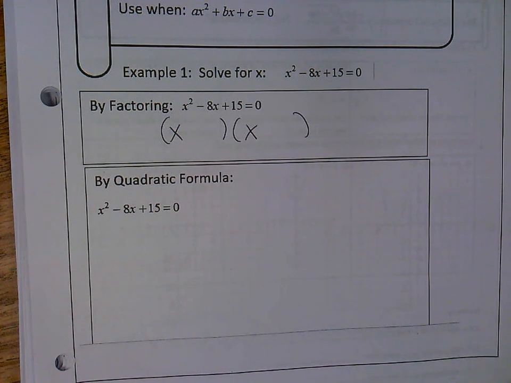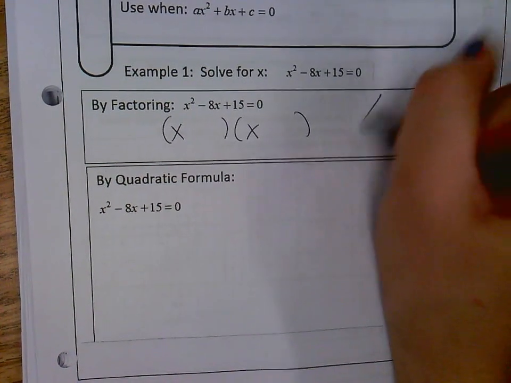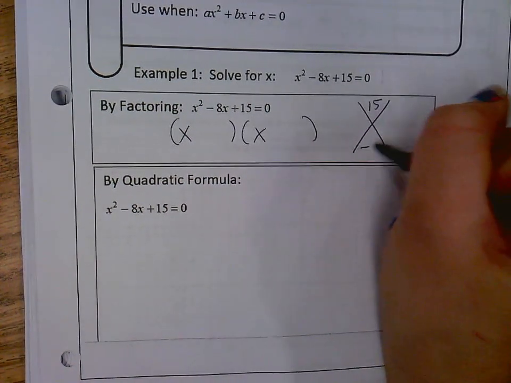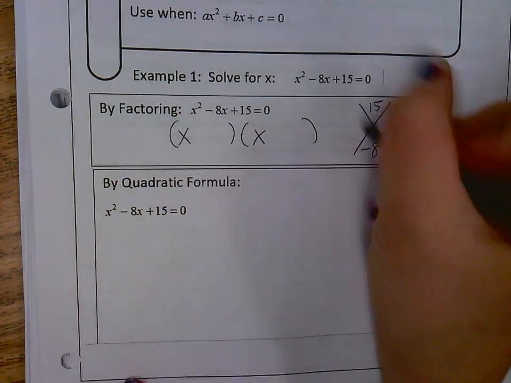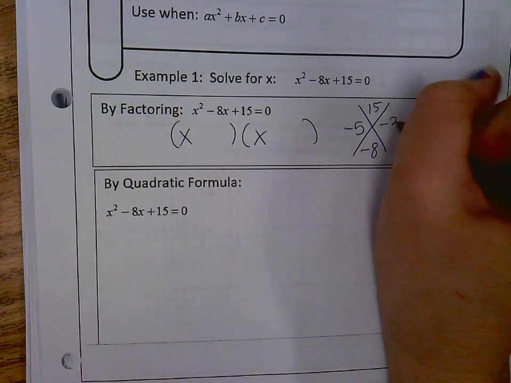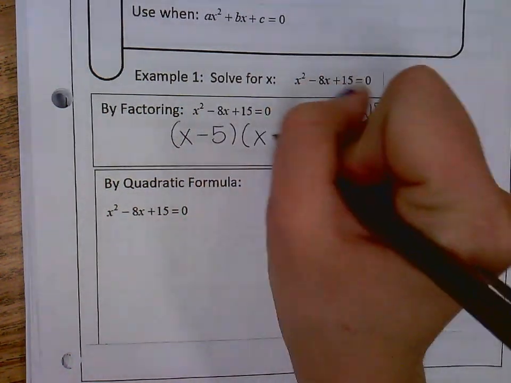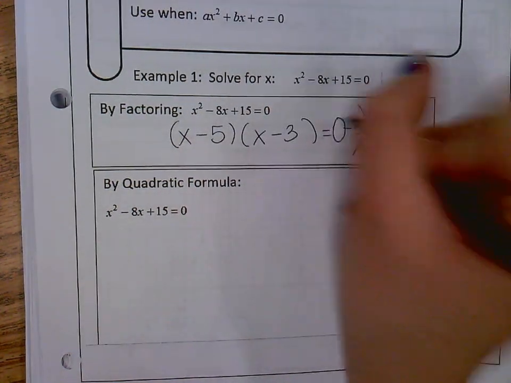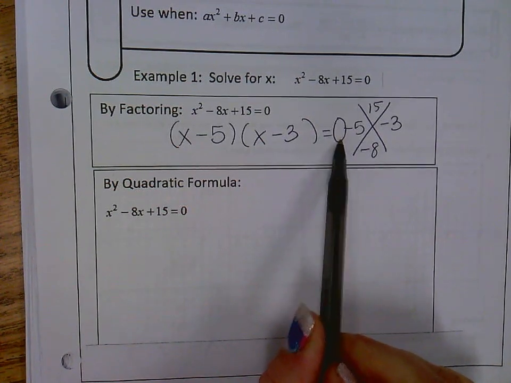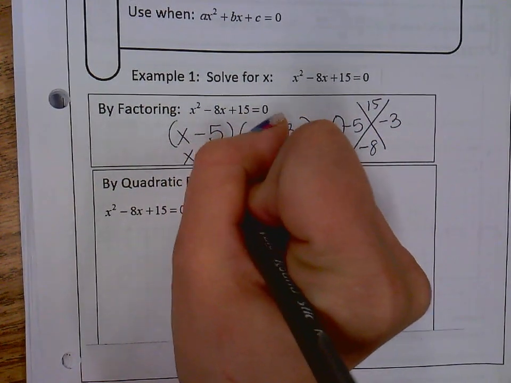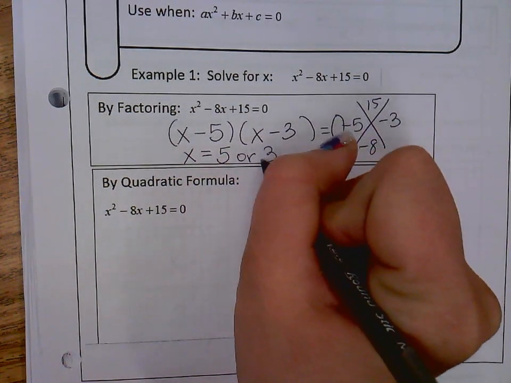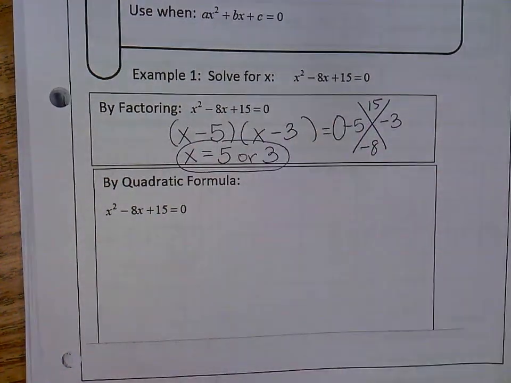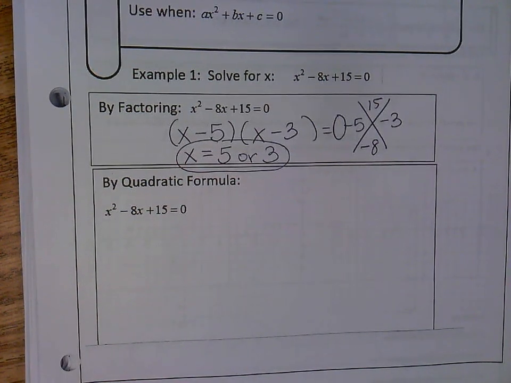So I'm looking for the factors of 15 that add up to -8: -5 and -3. So x minus 5 and x minus 3 are my factors. It is equal to 0. So here are my 2 solutions for x: +5 or +3. Those are my x-intercepts. So if I looked at the graph of this using a graphing calculator, that is where